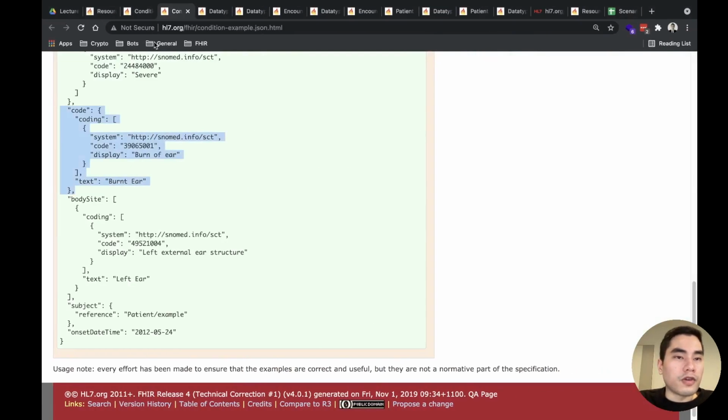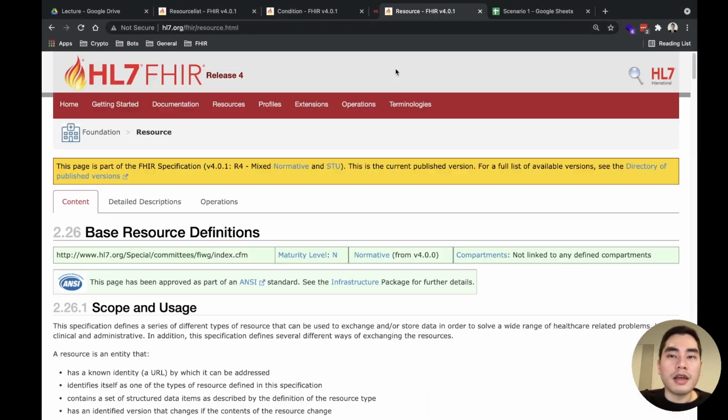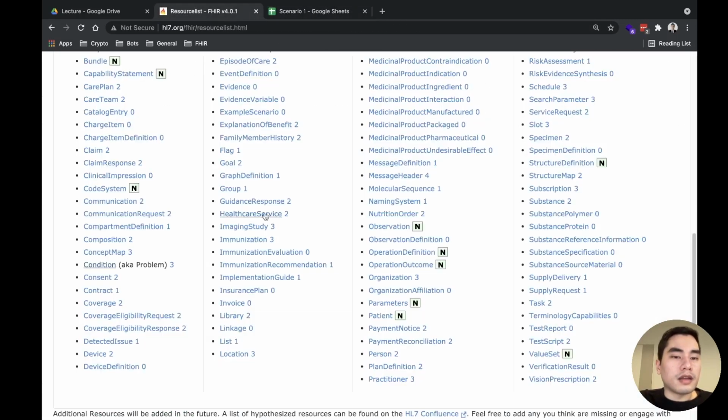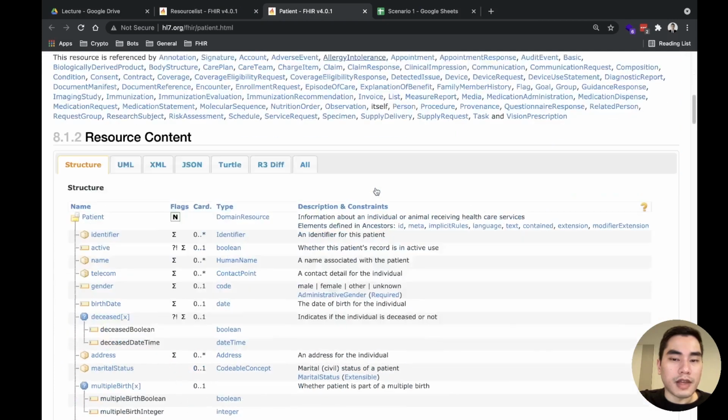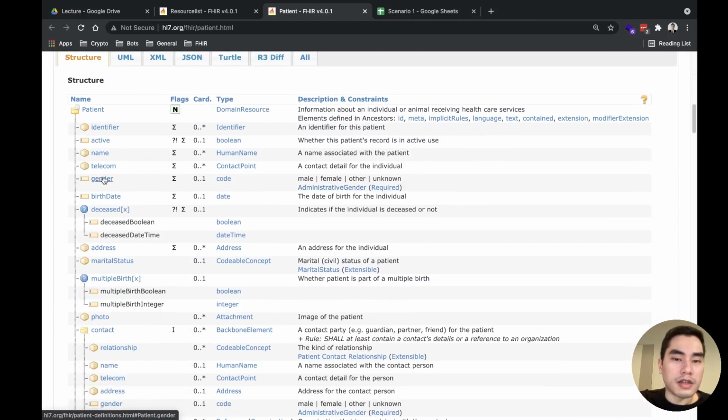And for every terminology binding, there will be the binding strength at the end of each binding, like this one, the gender binding with the strength required.